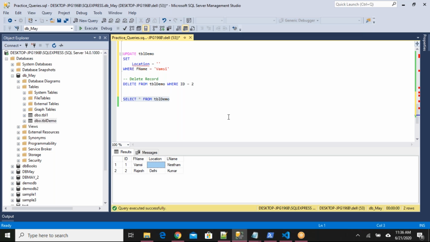So there are some differences like that. The major difference is that for the delete statement, you can mention a where condition. For drop and truncate, you cannot. Drop and truncate will delete the entire data, and drop, along with the data, will remove the schema also. Those are the differences.